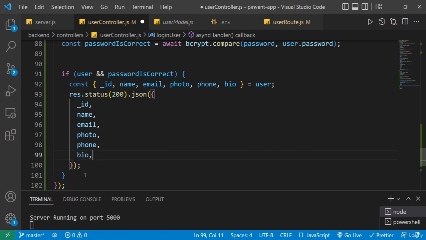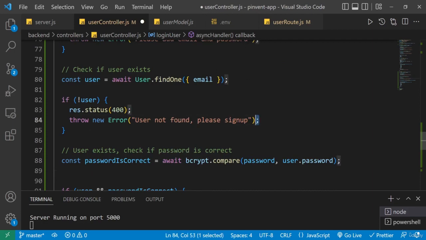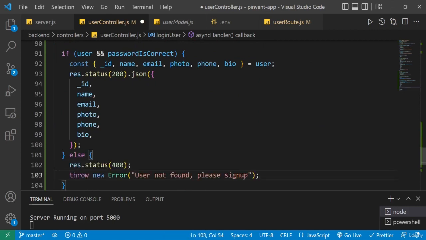Then lastly, I'm going to add an else statement for a situation where the user and the password are not correct. So let's come to this part here, and then let's add our else block and open that up. And we're just going to grab an error. So something we've done before, a 400 error is fine. I'll copy that, and then I'll come here and paste it in. Aha, so this time maybe something was wrong with the entry, maybe the email or the password was invalid. So I'll just say invalid email